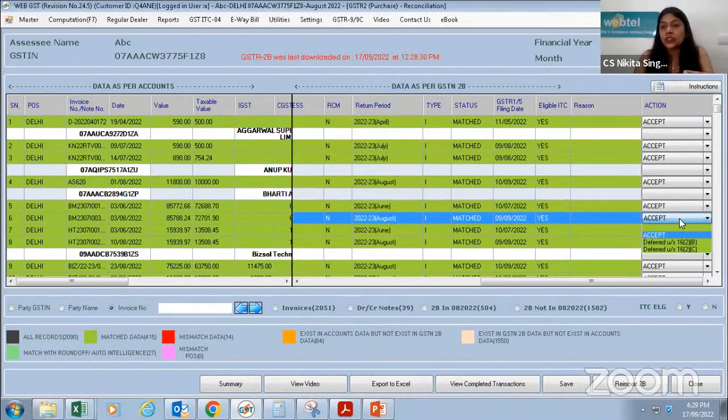Here you can see 3 actions are coming except deferred under section 16(2)(b), deferred under section 16(2)(c). So I have already told you कि 16(2)(b) के अंदर deferred तब होगा जब मेरे पास goods receive नहीं हुए हैं, in transit है, या फिर 16(2)(c) के अंदर केस वो होगा जब मेरे को जो सप्लायर है उसने GSTR 3B फाइल नहीं की। तो ऐसा हो सकता है कि मेरे अकाउंट्स में और GSTN में दोनों साइड डेटा आए पर फिर भी मैं उसको एक्सेप्ट ना करूं और डेफर कर दूं। ओके, सो इट इज ऑन अस।